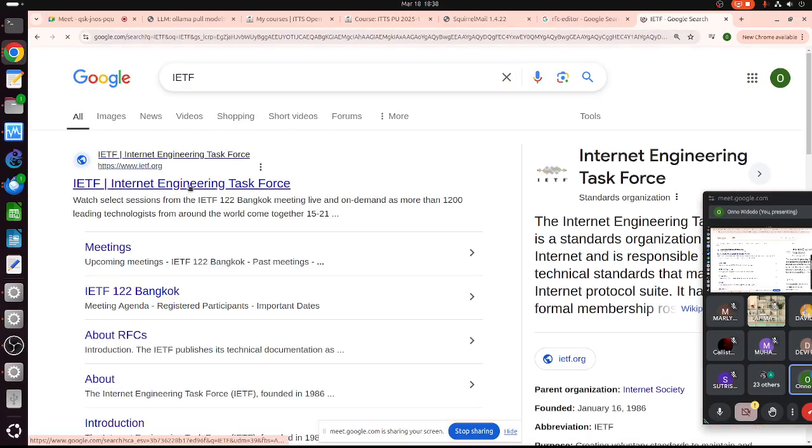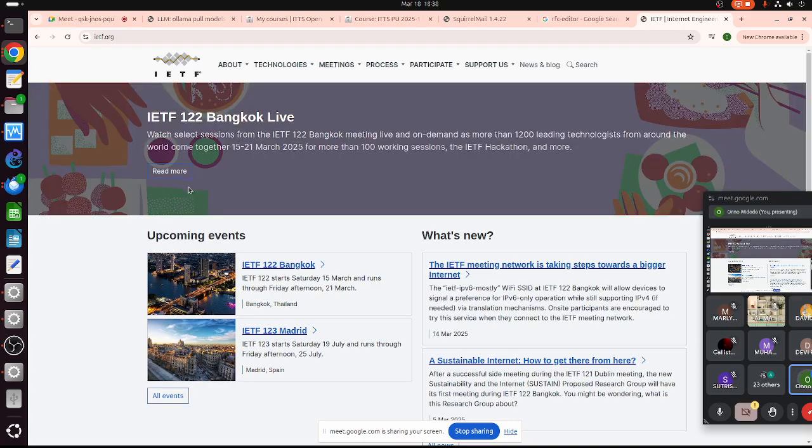This is the main body for designing the internet. The IETF is currently holding a meeting in Bangkok, from a couple of days ago until a couple of days from now,